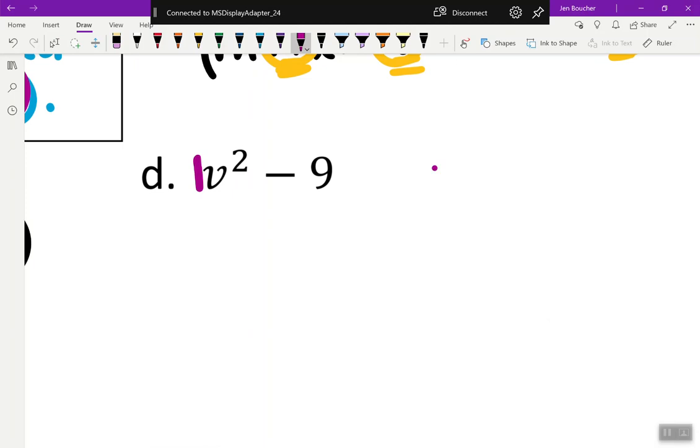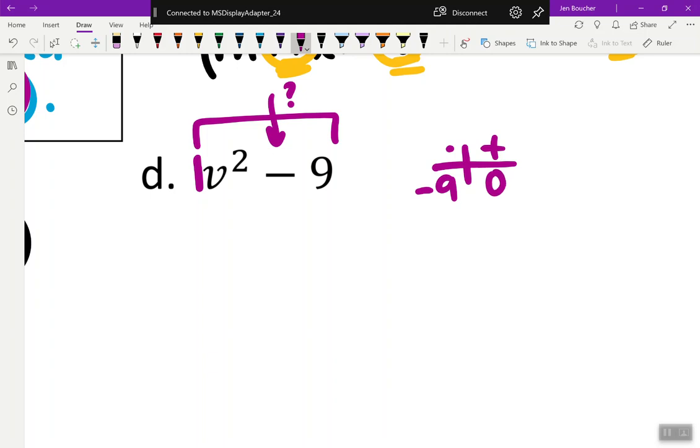When you're setting up the multiply add game here, this problem looks a little different. What's missing on this problem? The middle term. So I want to multiply to the outside, which is -9, but since there's no middle term, what is that? 0. How do I know it's the middle term that's missing and not the end term? Because the middle term has one variable. Yeah, that middle term is the one variable without the exponent. So the first term has to be there, otherwise we wouldn't be factoring, it would already be factored. The last term necessarily doesn't have to be there, but